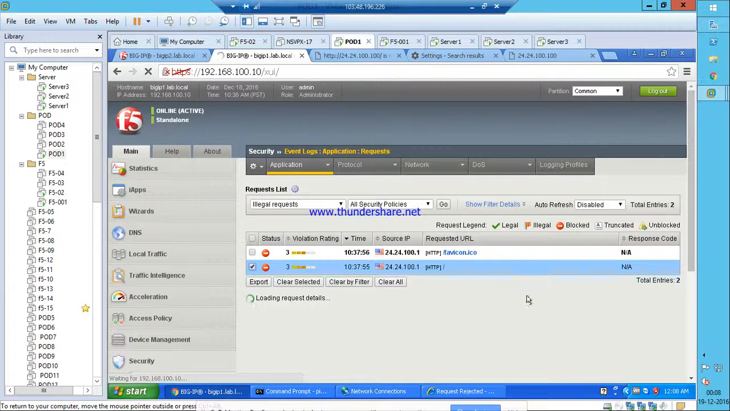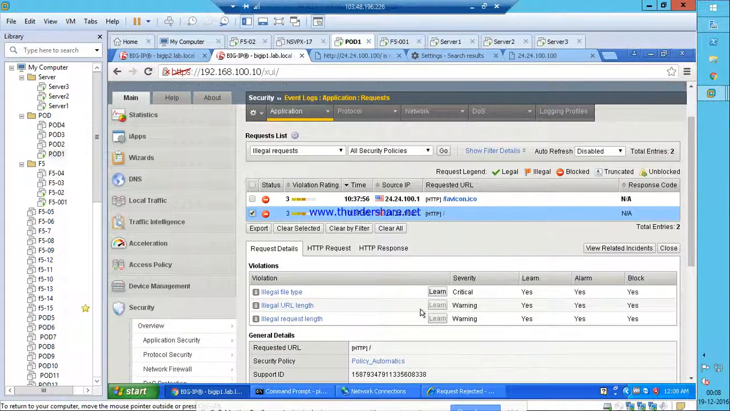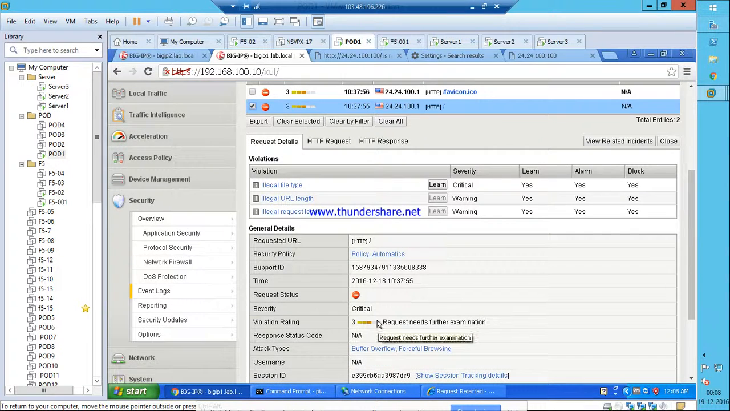Let's see why it blocked it basically. Okay, see, it says illegal file type, illegal URL length, illegal request length. Okay, that's understandable. So basically, even if I am accessing the home page that is based on this, for example,